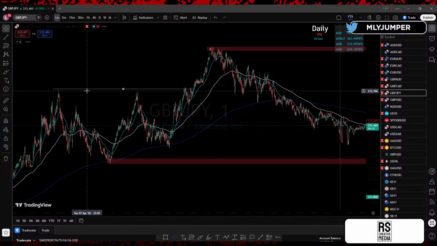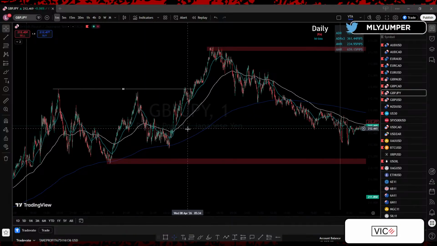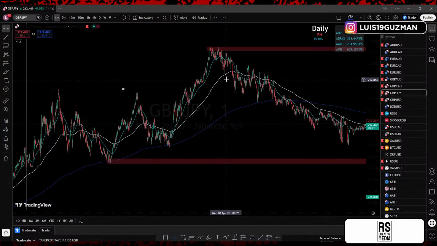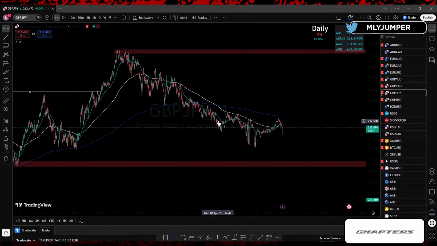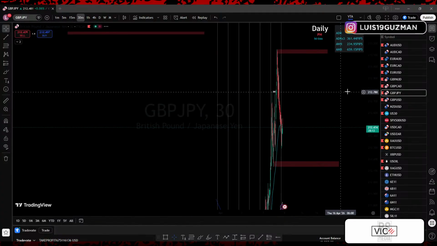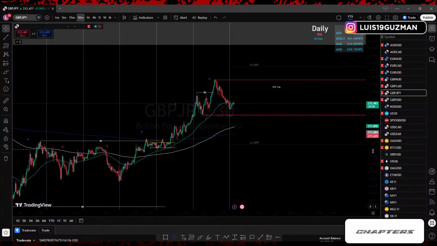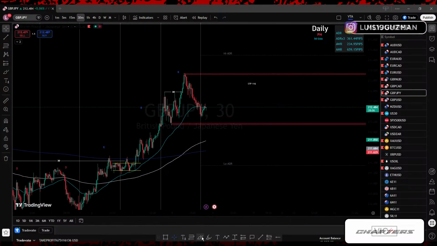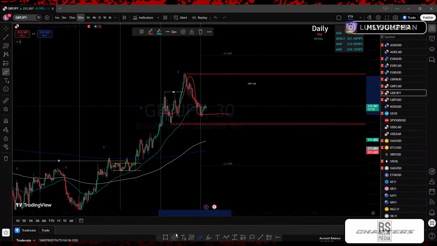If I want to get aggressive on the 1 minute, we'll say that this is where the change of character happened: lower low, lower high, lower low, lower high, lower low. But we'll stick with this on the 30. We'll stick with this on the 30 and the 5 minute. And once again, this could already be as well at the top of the zone, shoulder, head, shoulder. So this could be a good one to keep an eye on as well, GJ.